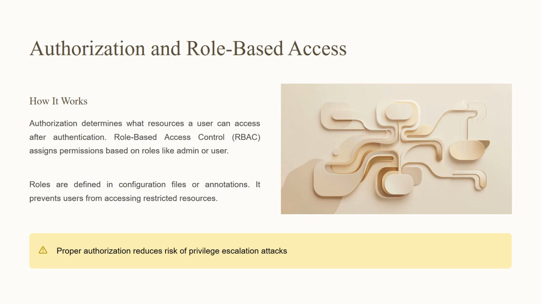After authentication, the next step is authorization. Authorization determines what resources a user is allowed to access once their identity has been verified. In other words, it controls what actions a user can perform within the application. A common approach used here is role based access control, or RBAC. In this method, users are assigned specific roles such as admin or user, and each role has its own set of permissions. These roles are typically defined in configuration files or through annotations, making it easier to manage access rules